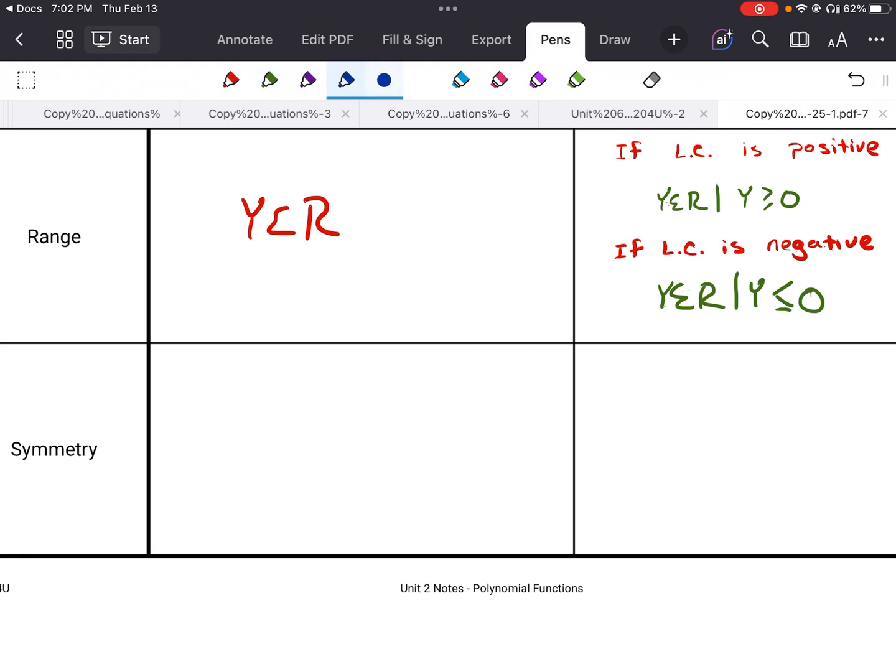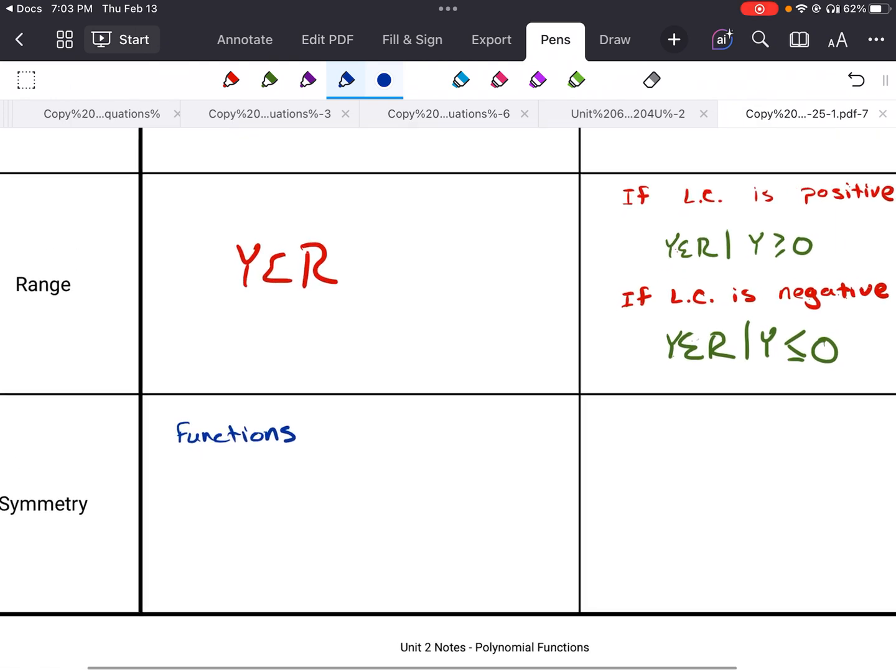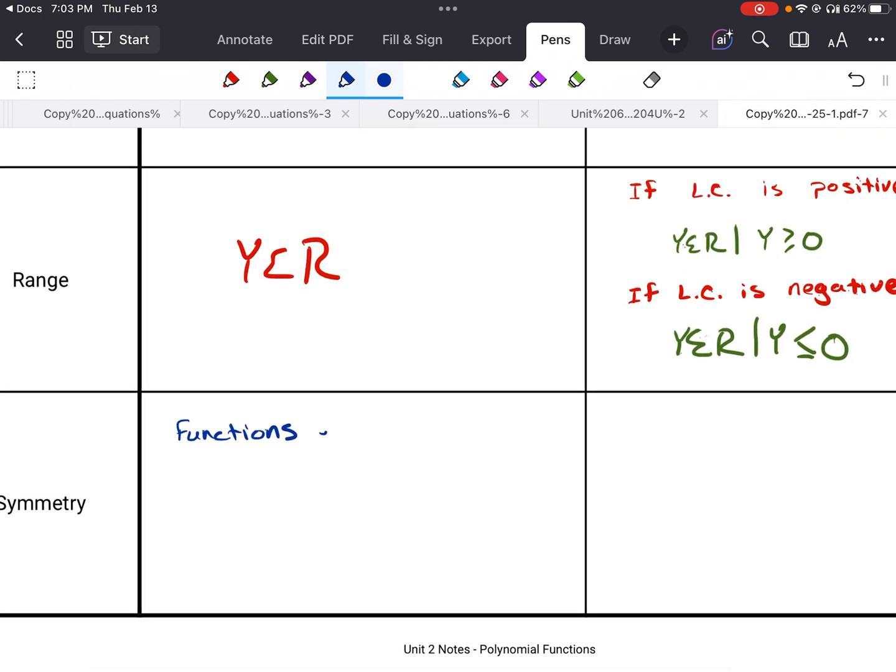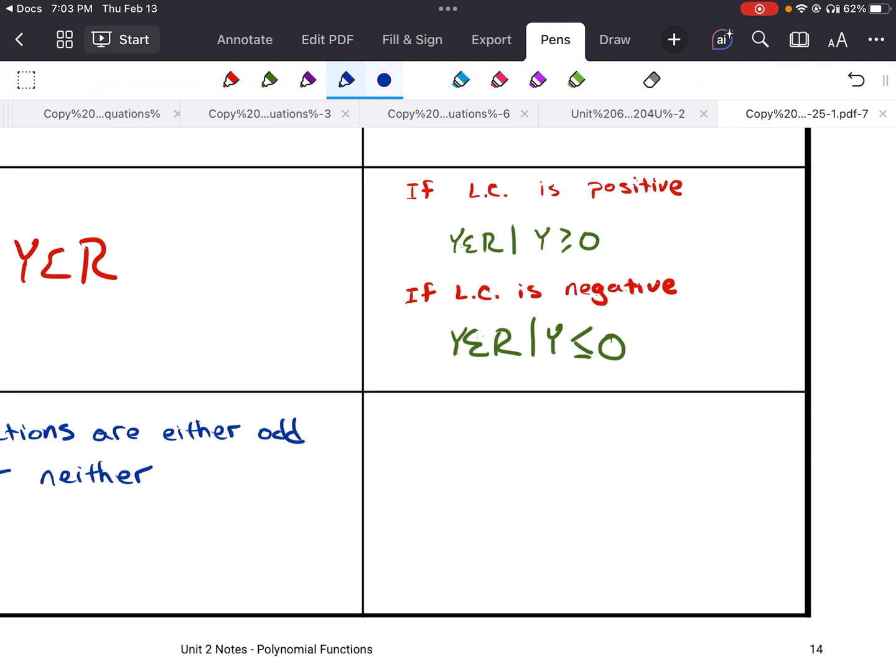And the symmetry: the functions in odd degrees are either odd or neither. And for even degree polynomials, the functions are either even